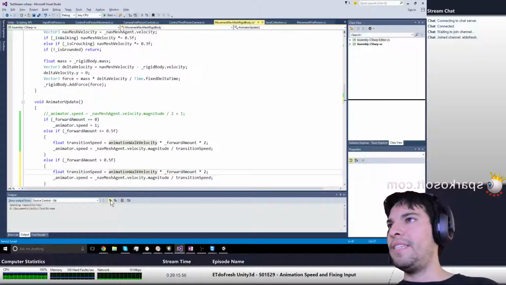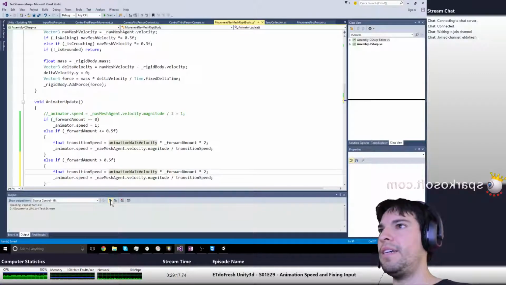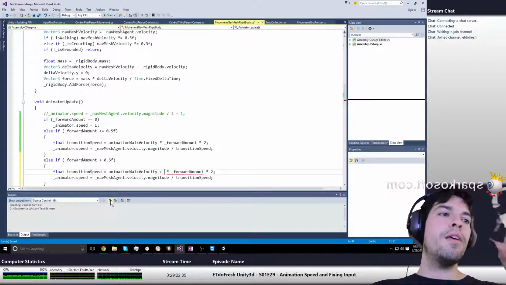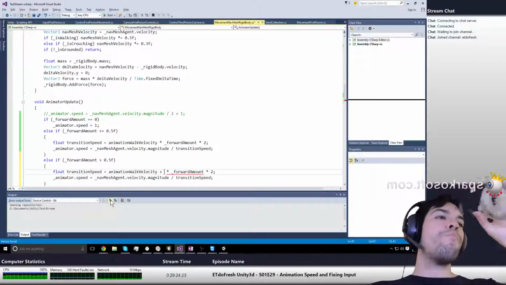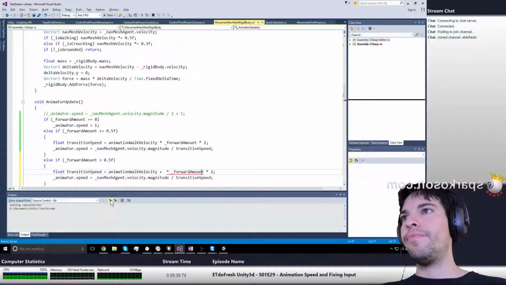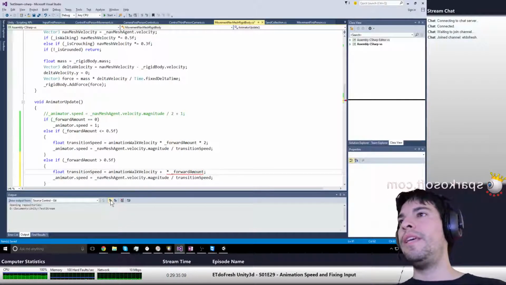So I'm just going to have my base, which is going to be the walking speed, animation.walk velocity plus however fast you think you should be going, which will be a number between